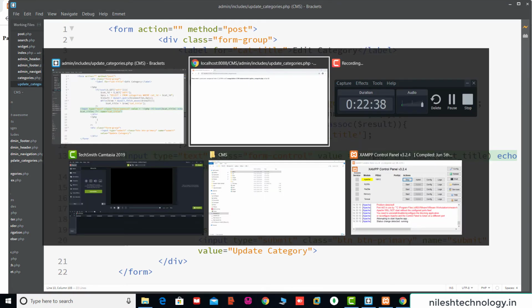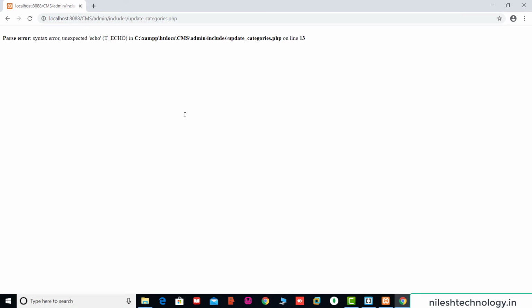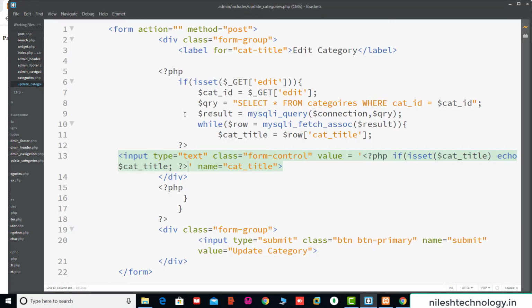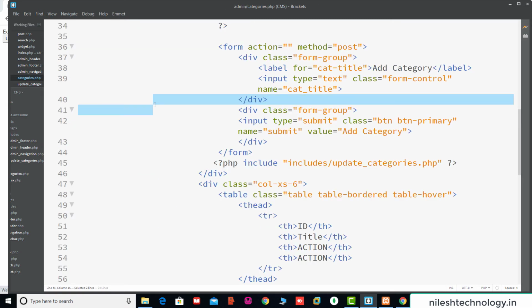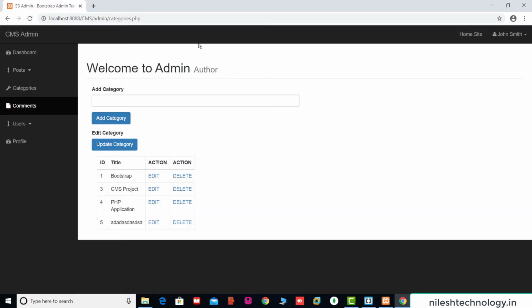Save. Parse error line number 30 echo. Here one bracket. Save. Again we refresh this categories.php file. So see here, refresh. Okay, so click here this edit button.